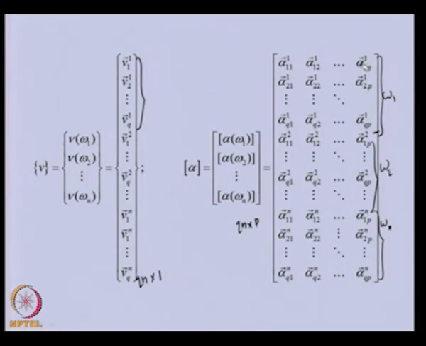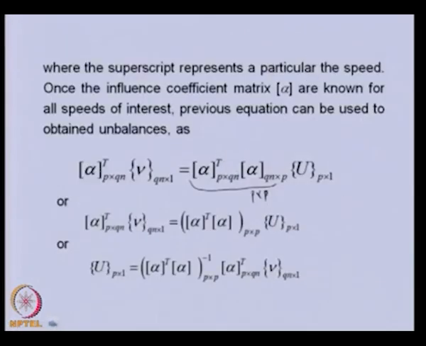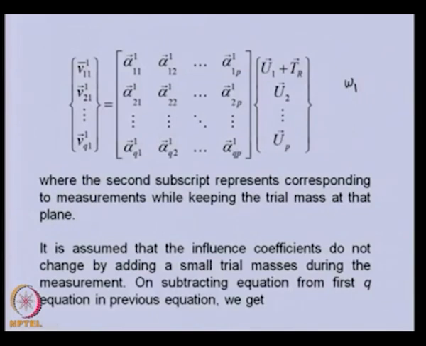We expect that when we are keeping the trial mass, these influence coefficients will not change. They change only with the speed, but if we keep some small trial mass, we do not expect that they will change. So, this particular first set of Q equations of this one, in which we have only the residual unbalances, we are taking that expression and this expression, basically we are subtracting the first set of the previous equation with this, and if we subtract it, we will see that